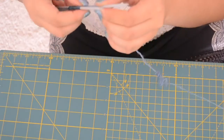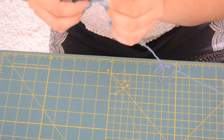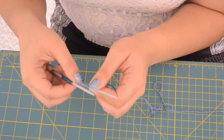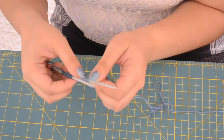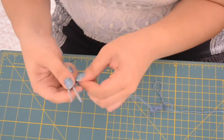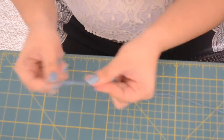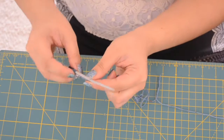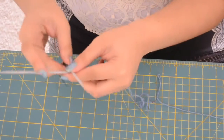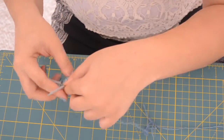Let me just count really quickly. I have 1, 2, 3, 4, 5, 6, 7, 8, 9, 10, 11, 12, 13, 14, 15, 16, 17, 18, 19, and one more makes 20. So now we have 40 stitches. And don't really worry about anything getting twisted at this point because you can straighten it all out when you